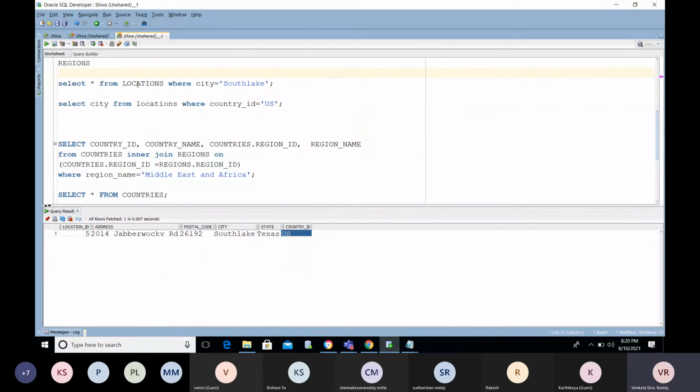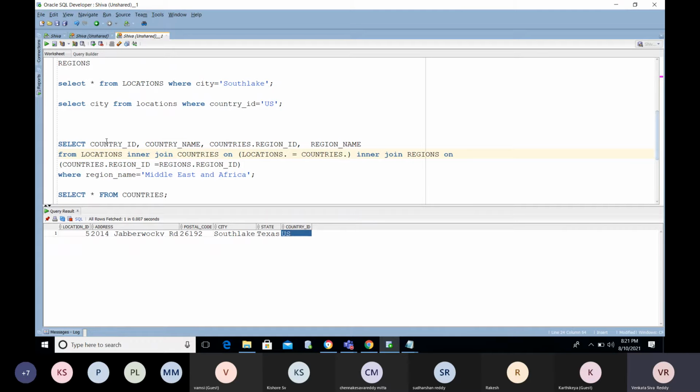Now we are going to use the location table. For this, I am going to use an inner join, and on location.country_id equal to countries.country_id. You people are struggling a lot actually.